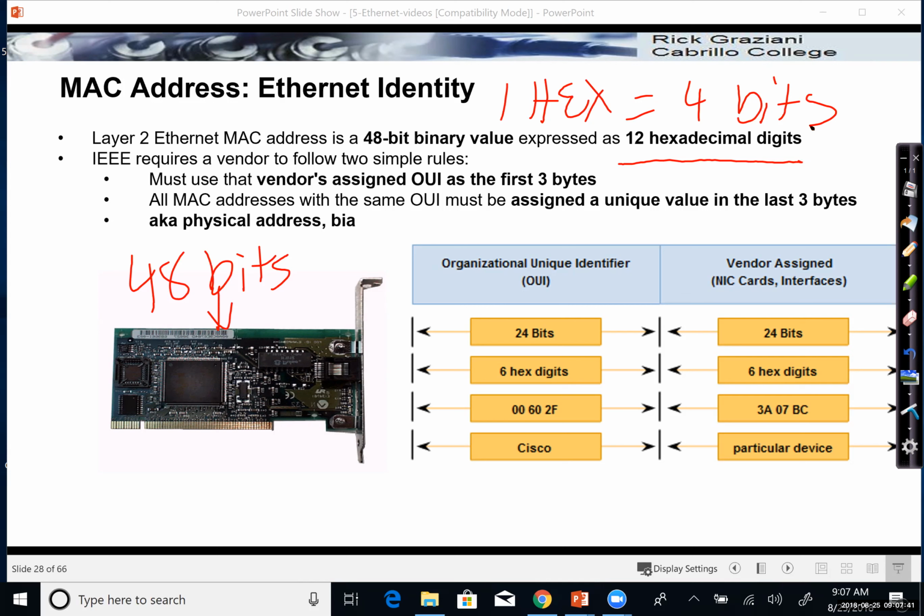The Ethernet MAC address is divided into two parts. The OUI, organizationally unique identifier, and the vendor assigned or unique identifier. The first 24 bits, the first 6 hexadecimal digits, is actually the vendor code. IEEE maintains this and allocates these codes, but every vendor will get one or more 24-bit codes shown in hexadecimal digits,